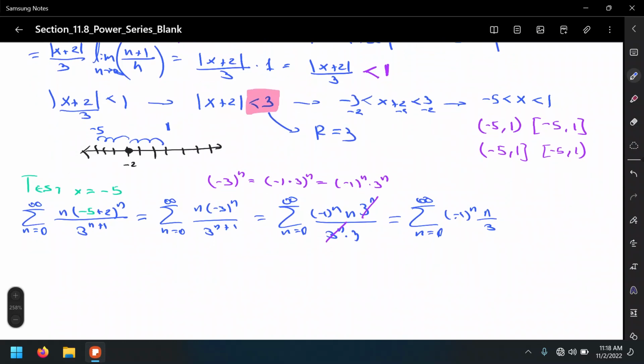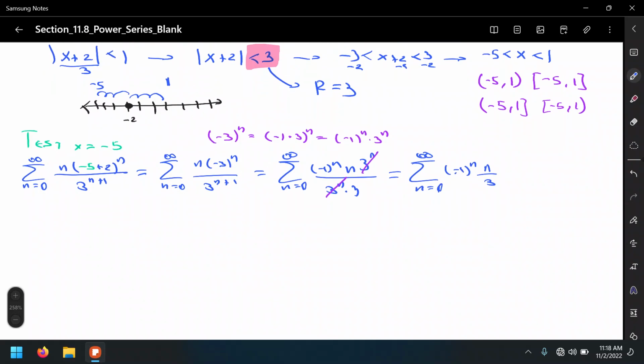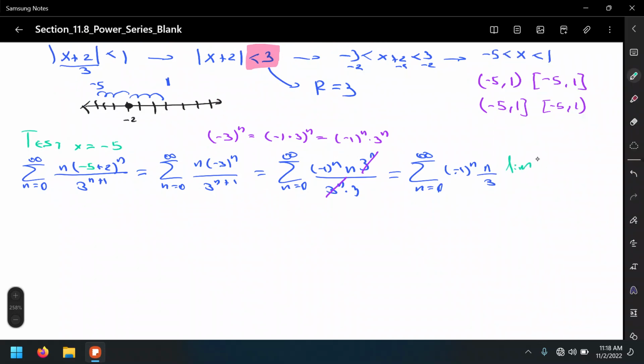So, well, in this case, we're going to use the alternating series test to determine the convergence or divergence of that series because, well, we have an alternating factor. All right. So there are 2 conditions that we need to check for the alternating series. Number 1, that the limit of the sequence b sub n without the alternating factor has to be equal to 0 in order to proceed to the next condition, which is to check that the sequence is decreasing. However, in this case, the limit of n over 3 is infinity and it's not a 0. Well, that means that it's divergent